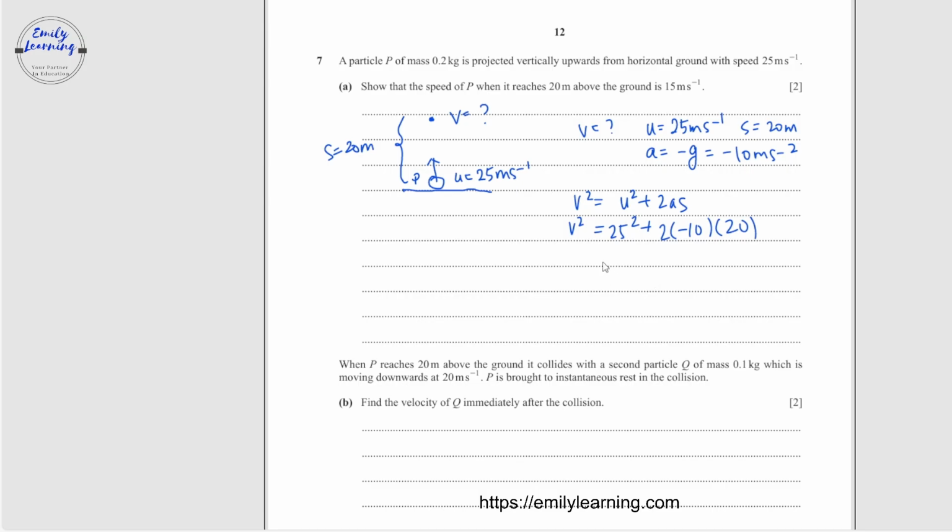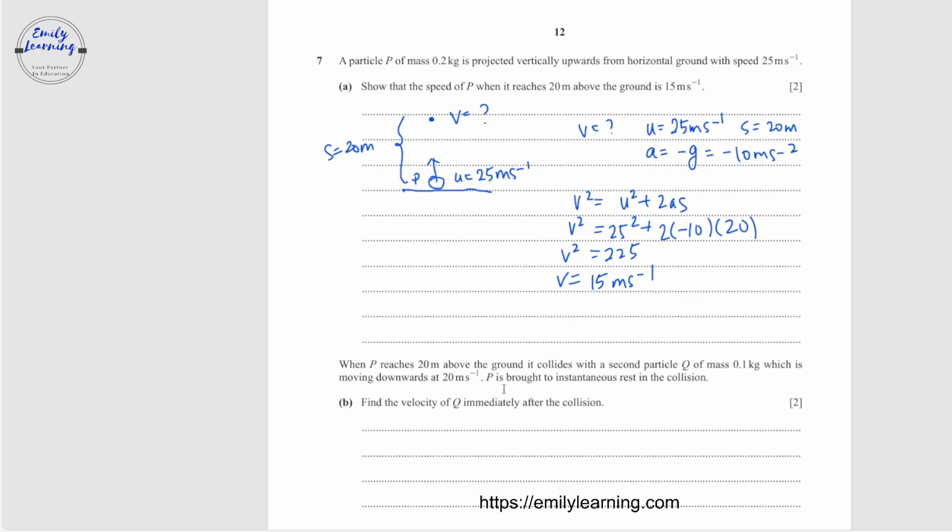Okay, so v squared is 225. So v will be the square root of 225, which is 15 meters per second. Okay, next,